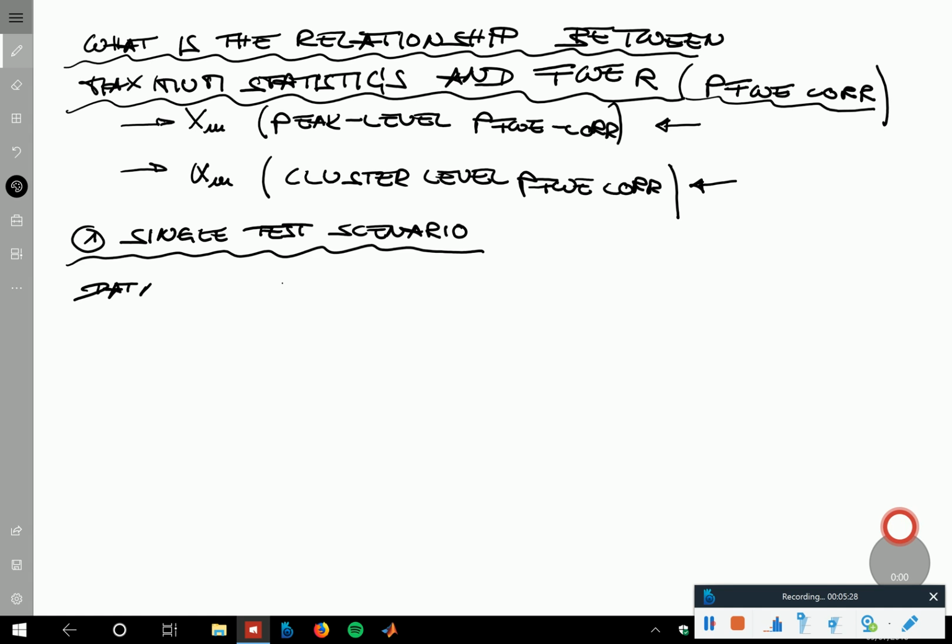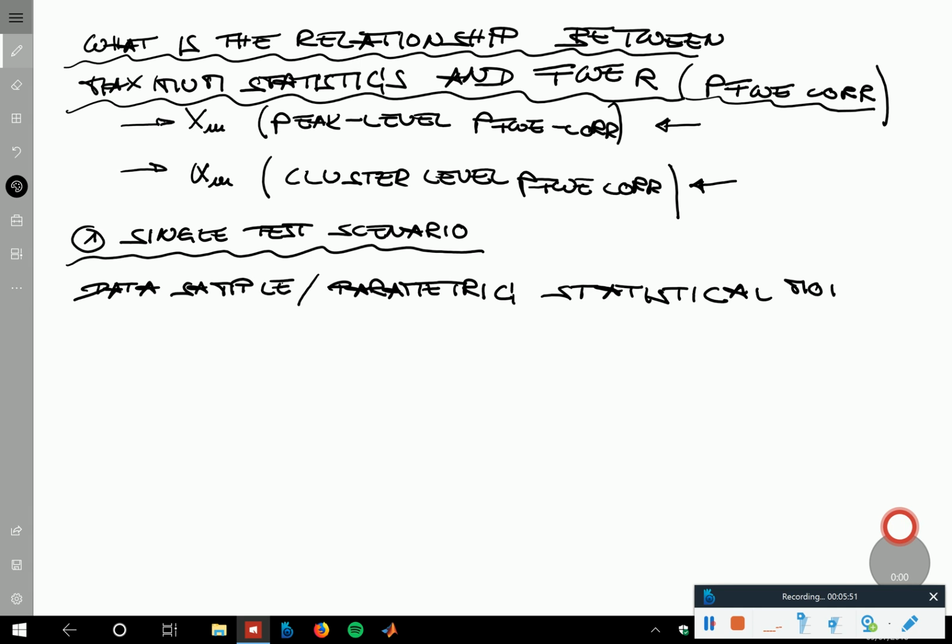So over the week I introduced the notion of a data sample because it makes things a little bit easier to have that explicitly defined. So the way the whole thing works in terms of probability theoretic concepts is that there is a family of probability spaces,